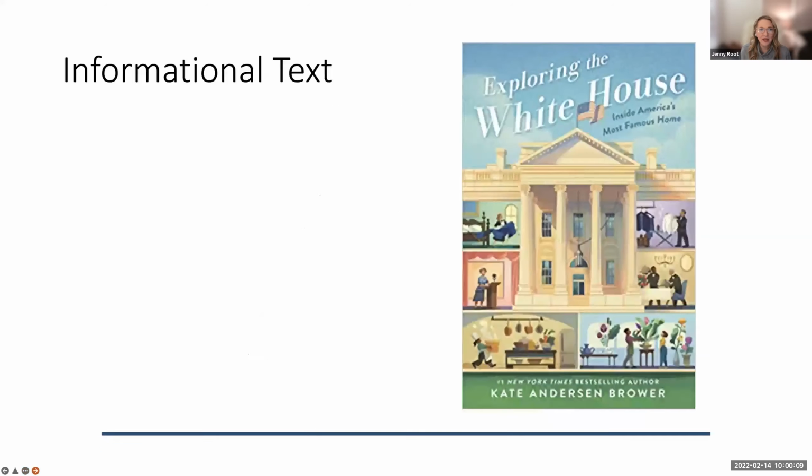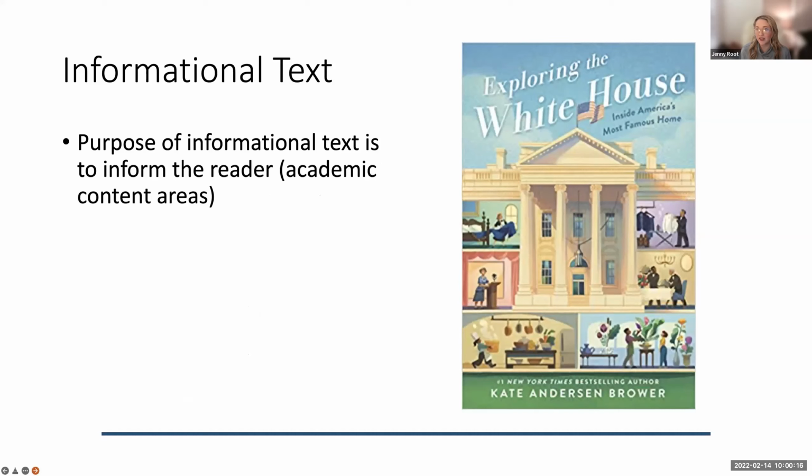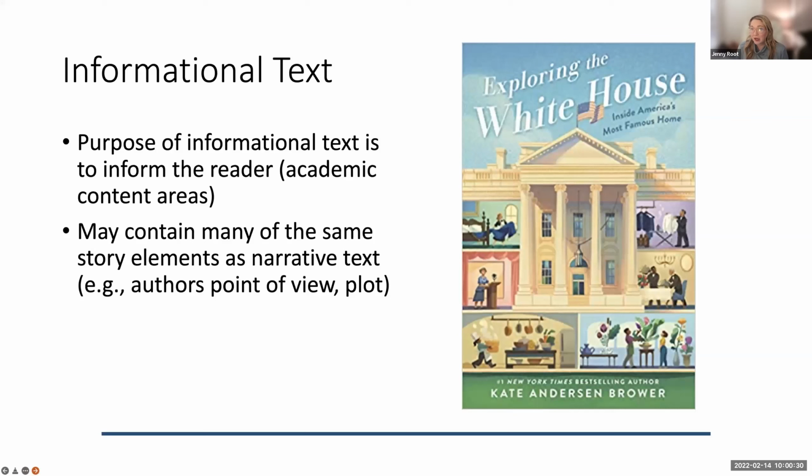And then we have informational texts. Those, the purpose is to inform the reader. So these are what students are going to encounter and be using as we quote unquote transfer to reading to learn, that like third grade mark forward. So more academic content areas, they may contain some of the same story elements as narrative text. For example, if we're reading a nonfiction biography,